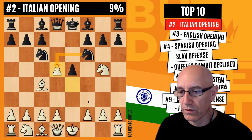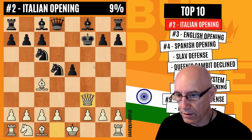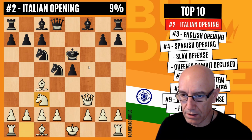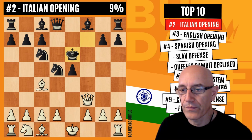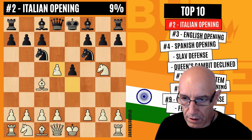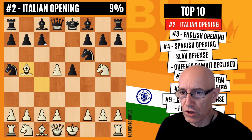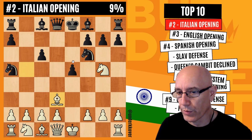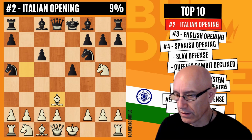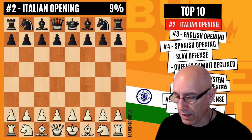Now if black takes, we can play a sacrifice, the fried liver attack that is characterized by now we are attacking two times this piece, so the king needs to go to the center and then we can keep on pressing this knight. But normally the top players don't sacrifice. They normally remove the knight to a5, attacking the bishop. We give a check and we have a pawn up, and then we get this very common position to play against the two knights. So this was the Italian opening,